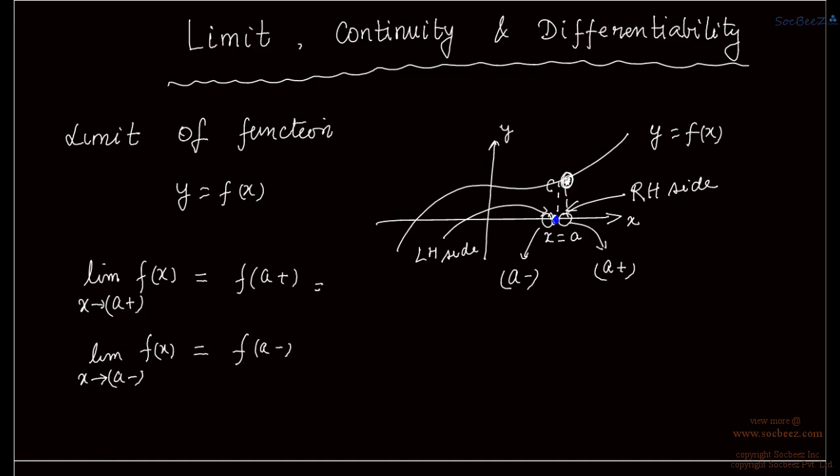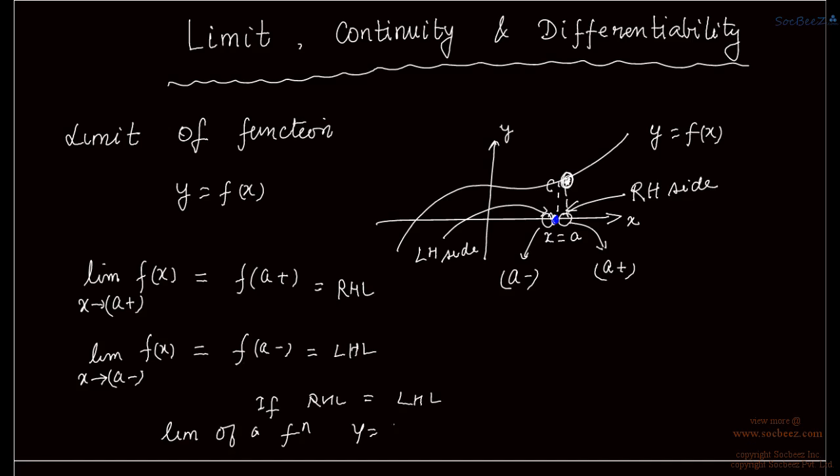So this is also known as RHL, right hand limit, and this is known as LHL, left hand limit. So if the function at x is equal to a plus and at x is equal to a minus have the same value, that is if RHL is equal to LHL, we call the limit of a function,